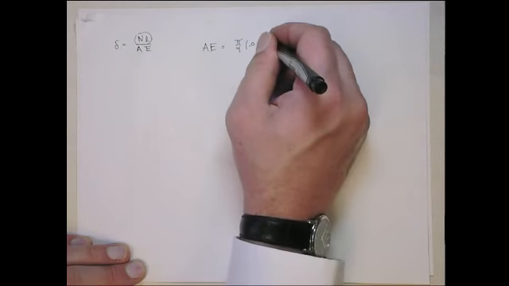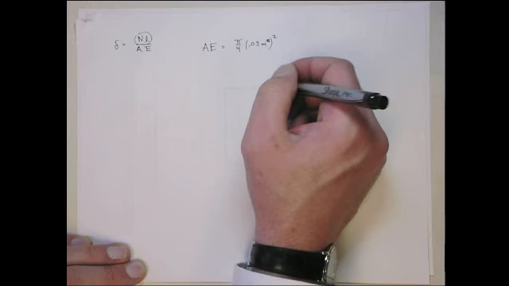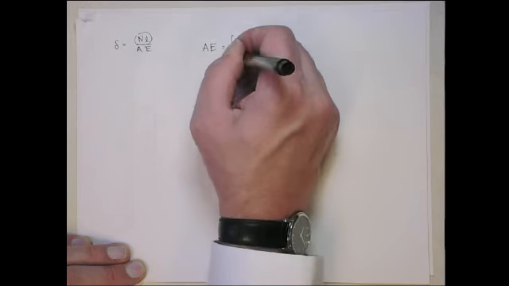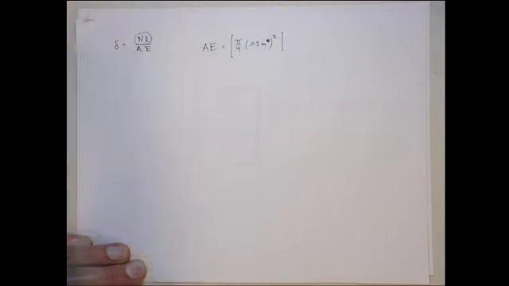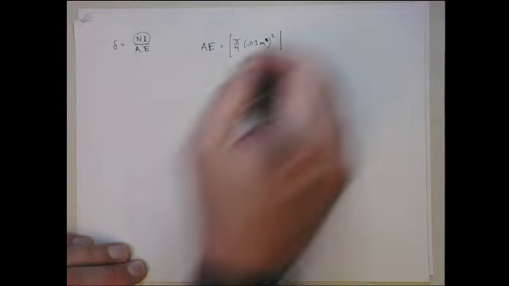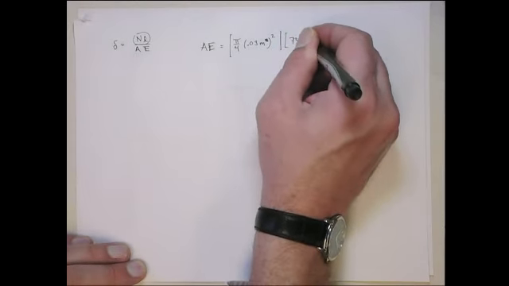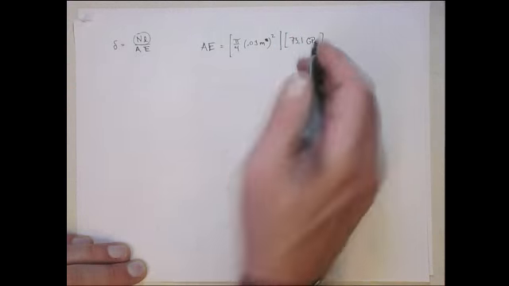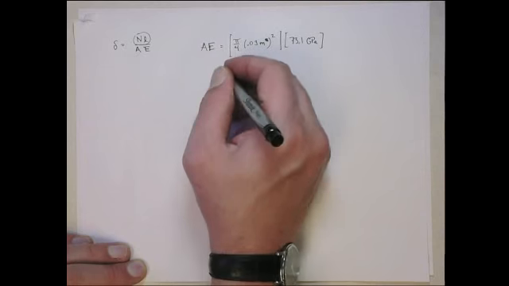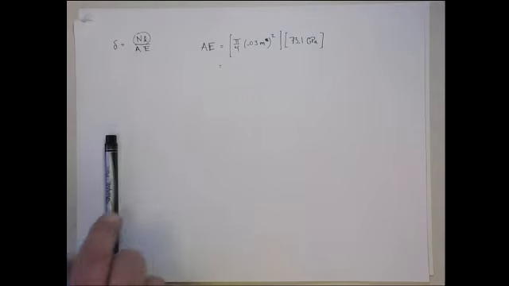That's A. And then E for aluminum is 73 gigapascals. So that's Young's modulus for aluminum. And then if we do that calculation, that gives me